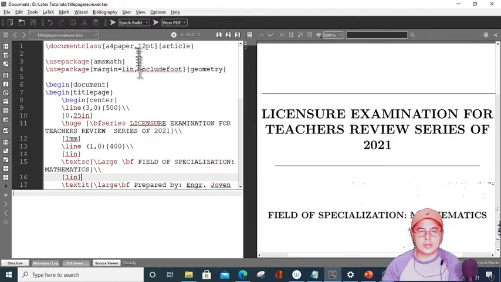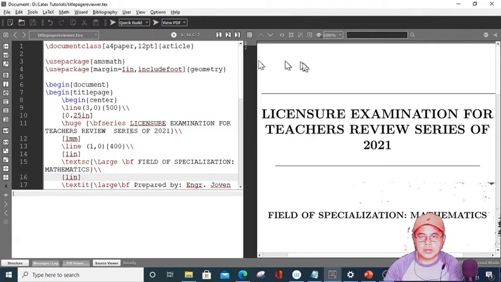First things first, if you're going to make a code in LaTeX, of course you need to type the first command in the preamble, which is \documentclass, and then the arguments: you have to declare the size of the paper that you're going to use, and then the size of the font, and then the type of class. In this case, I'm still going to use the article as the type of the class that I'm going to